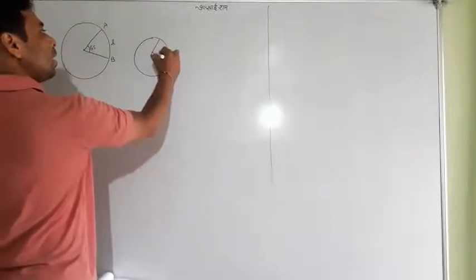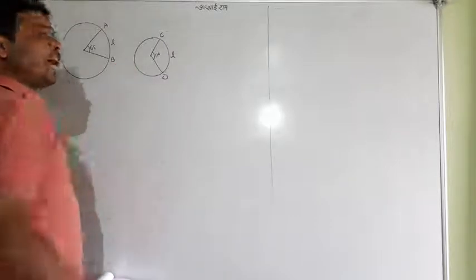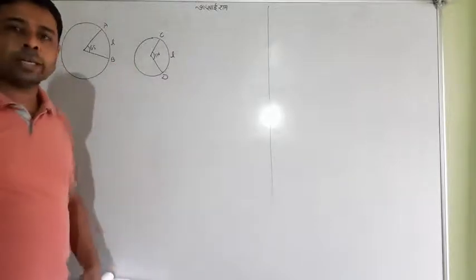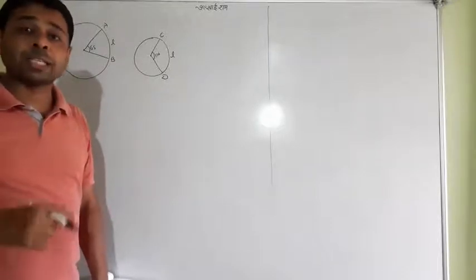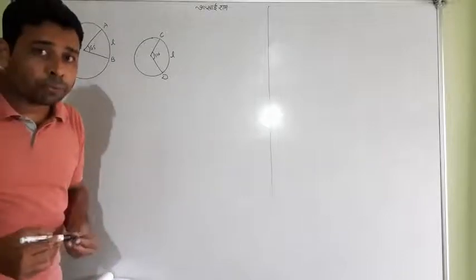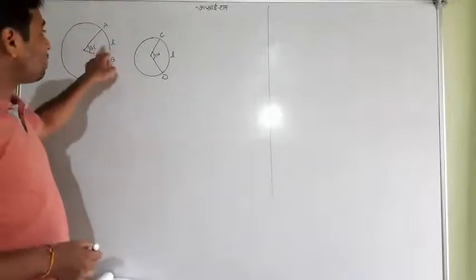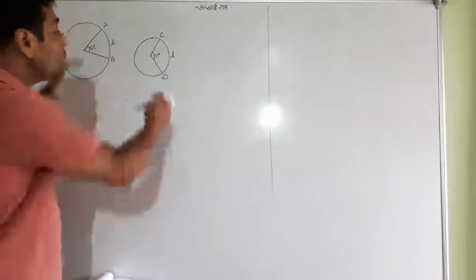This angle is 110. Suppose it is CD, but fortunately it is L. Why? Because the question says the arcs of the same length make 65 degrees and 110 degrees. So one should not be confused that this is 65 and this is 110, but the length of the arc is the same. It is possible because the circle shape is different.